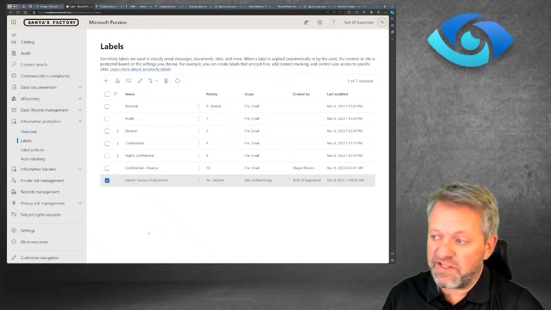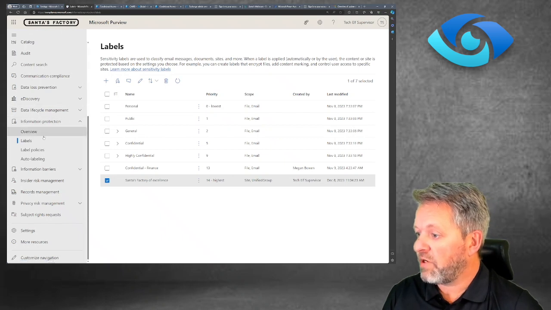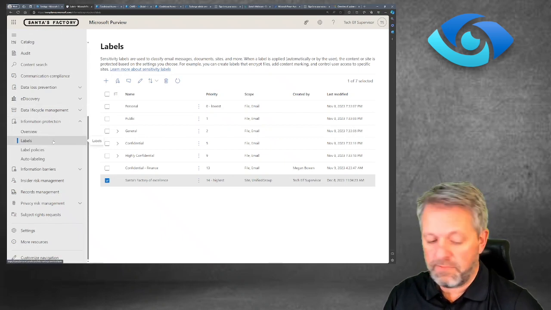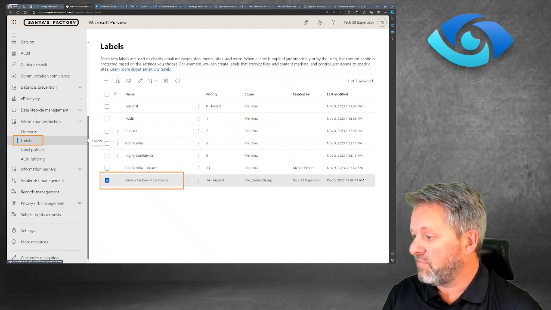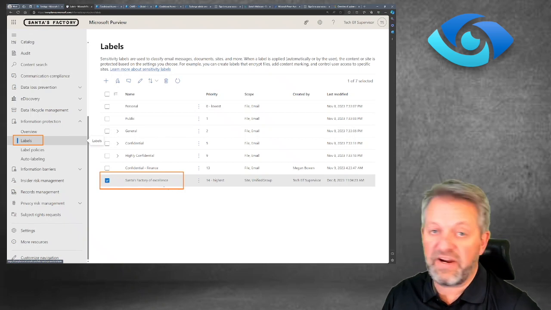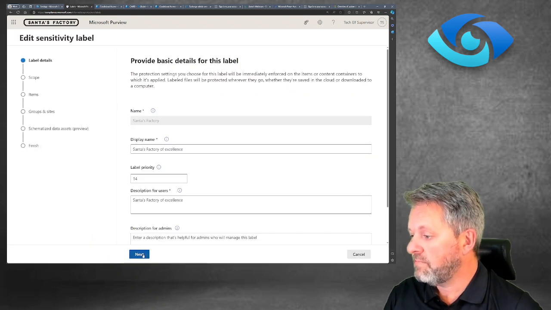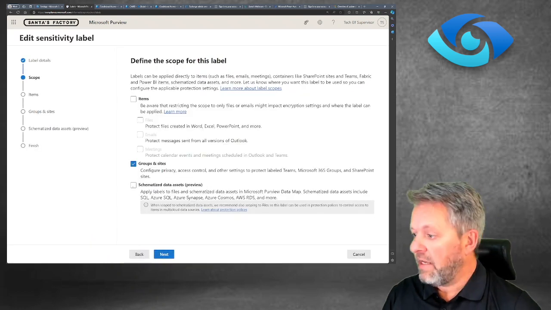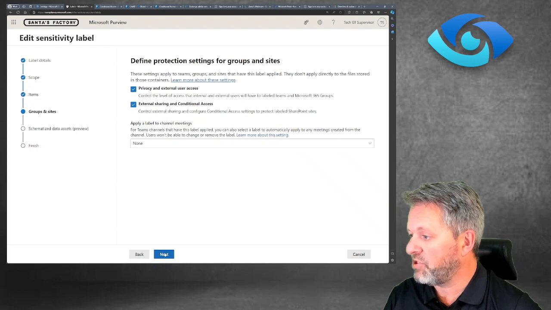So for the technical details, I'm in the Purview portal now, and I'm looking at information protection labels. And here I have created a specific label for this purpose, the Santa's Factory of Excellence label. So if I look into the details here, going next, I see that this is for groups and sites. I created this label for groups and sites, and by jumping down here